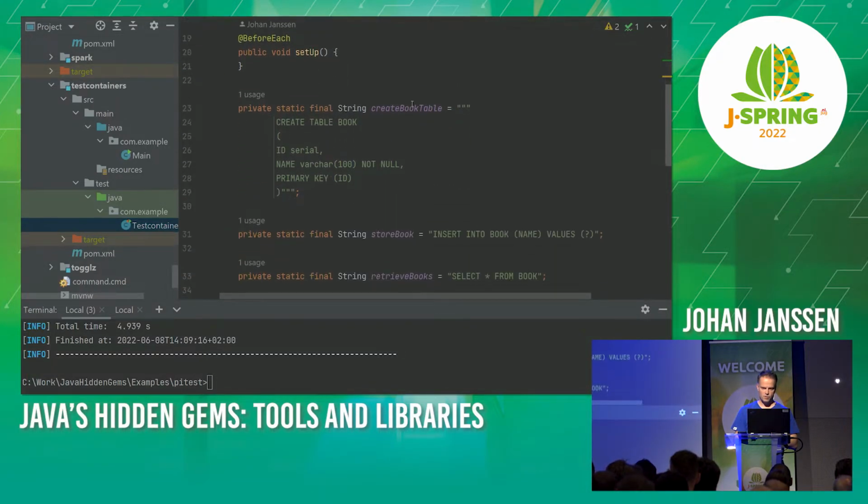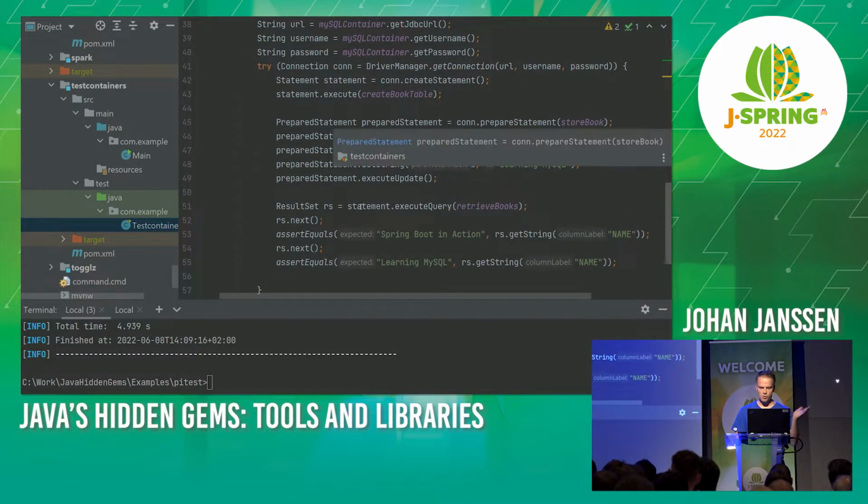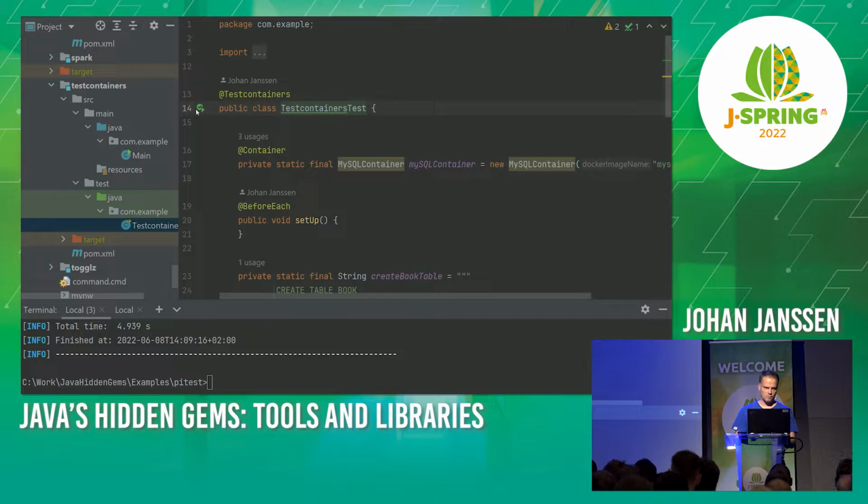I created a really simple test, a table. It inserts some books and it retrieves some books. So really basic stuff. But the main idea is that you can use these containers to really easily test stuff without